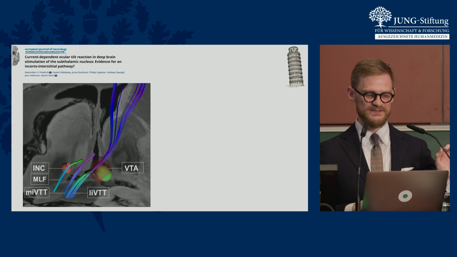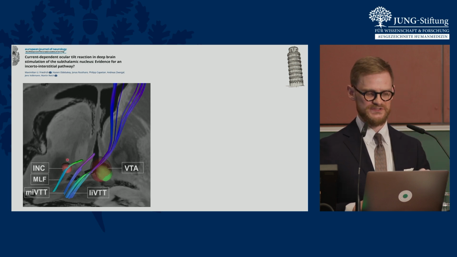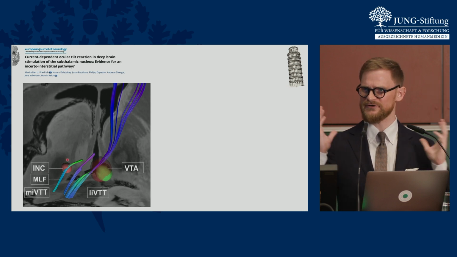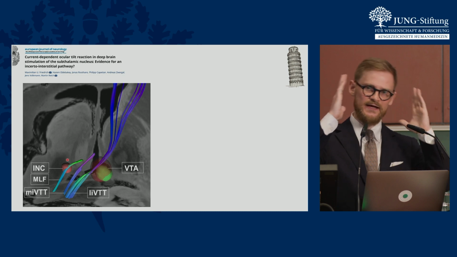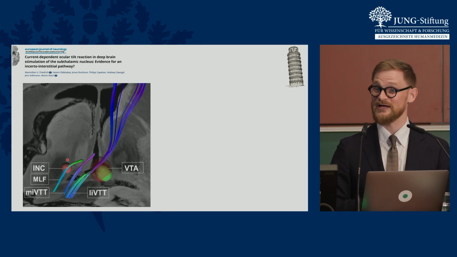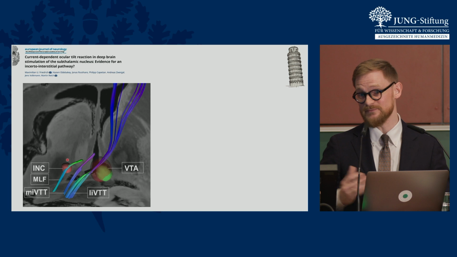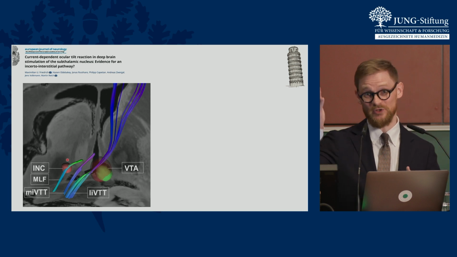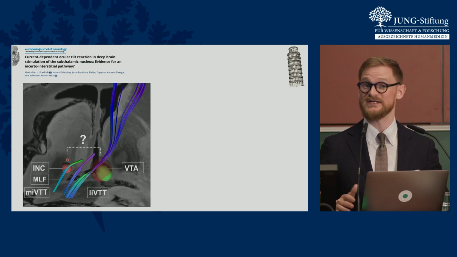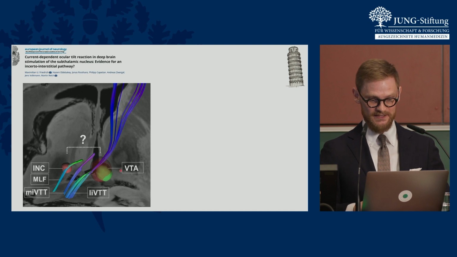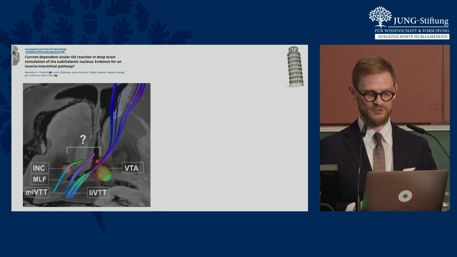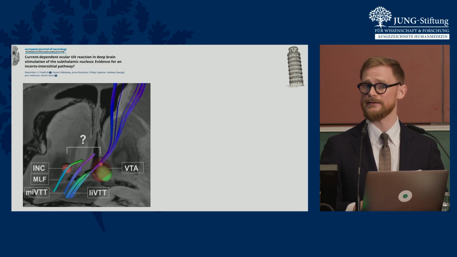So we know that this nuclear area, a tiny little nucleus in the midbrain, is involved in verticality perception and head position. And we said, well, we guess the deep brain stimulation electrical field will hit that target. And this is precisely not what was the case. Here in dark red, you can see the electrical field that causes the problem, and it was very far away. And here you can see in this dashed line.